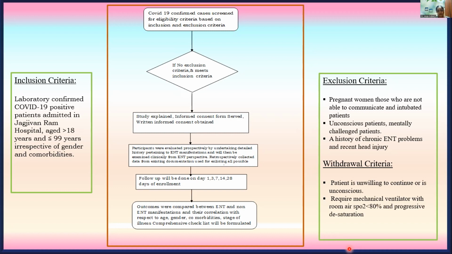Retrospectively collected data from the existing documentation was used for enlisting all possible symptoms, and follow-up was done on day 1, 3, 7, 14, and 28 of enrollment. Outcomes were compared between ENT and non-ENT manifestations and their correlation with respect to age, gender, comorbidities, and stage of the illness. And comprehensive checklists were